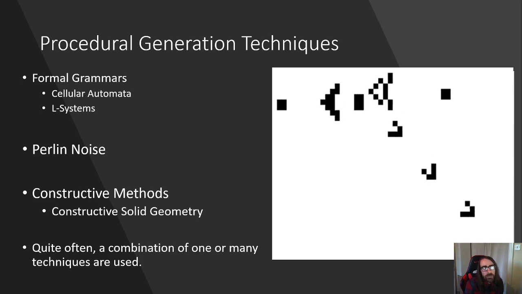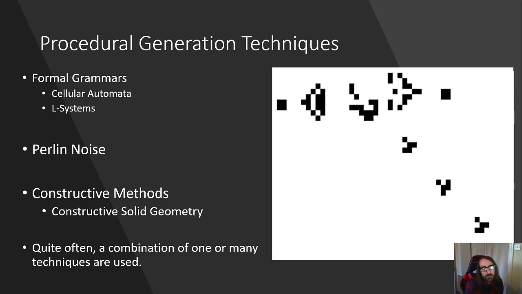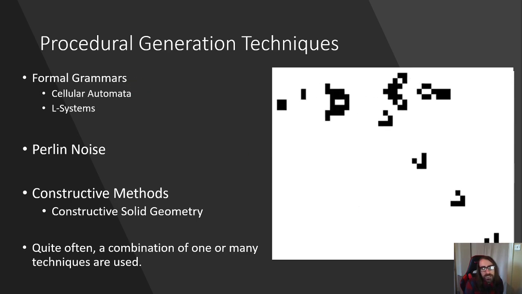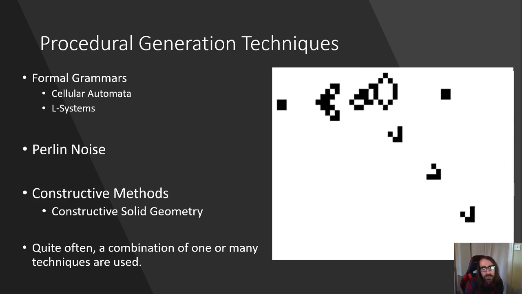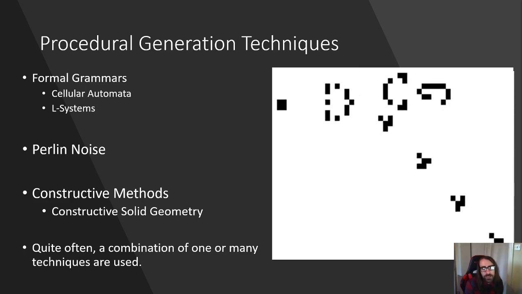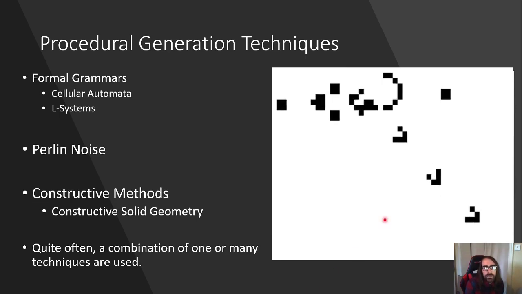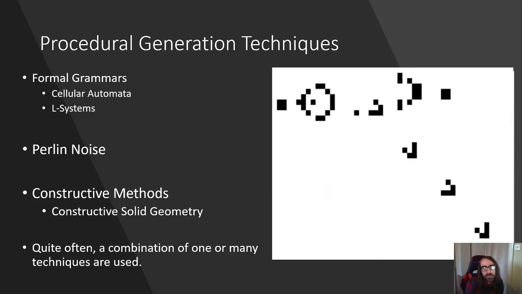So here are some procedural generation techniques. There are a few used. We'll start with formal grammars. Formal grammars, aka grammatical systems, are a set of rules defined by the programmer in which a string of characters is used to define content generation. So this here is Conway's Game of Life. This is a really famous example